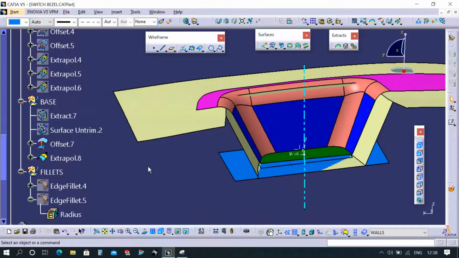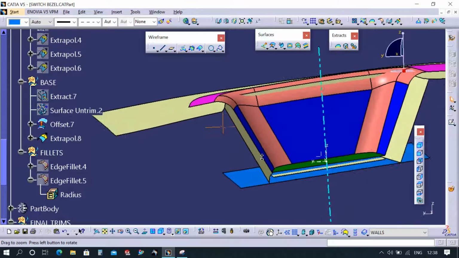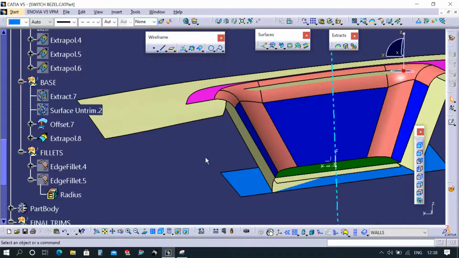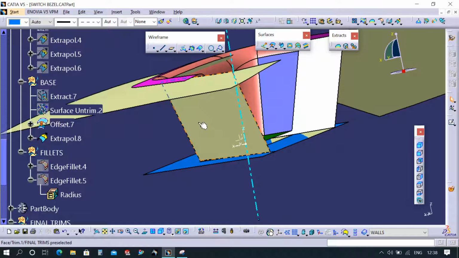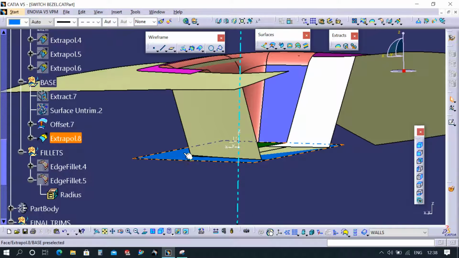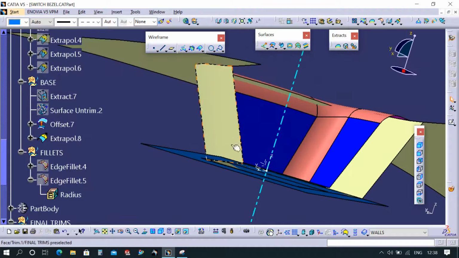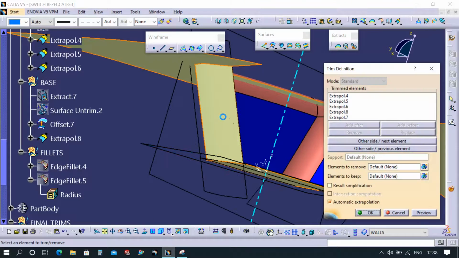I'll tell you how to do that also. As I said, we have untrimmed for the side wall, right? We have to do it for the bottom surface also. So you trim it with this surface and this side wall.